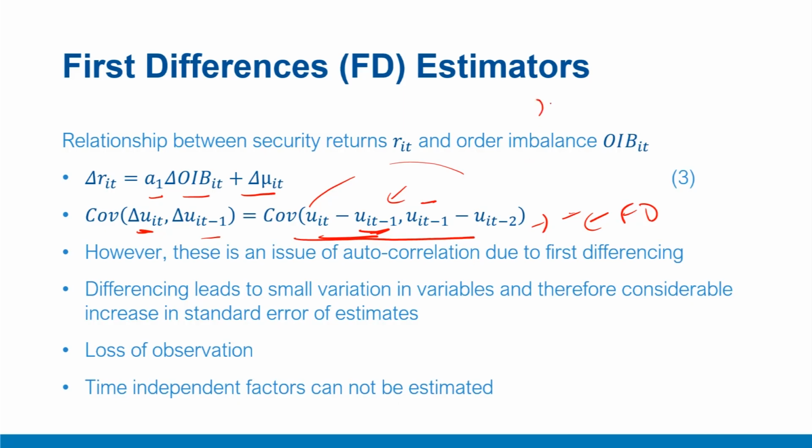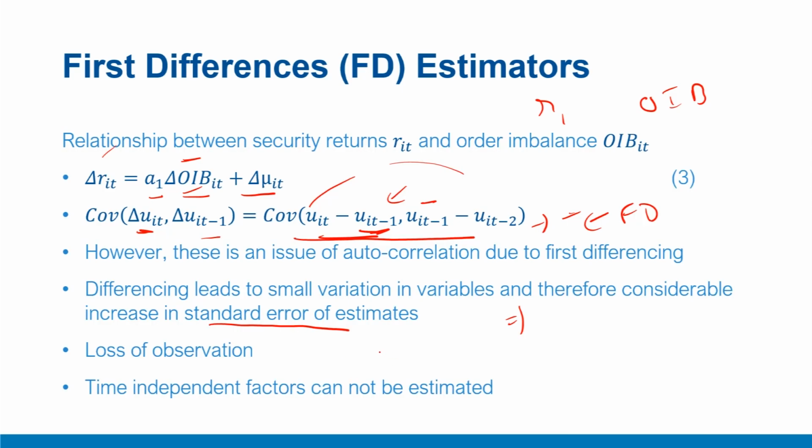Also, the original variables RIT and OIB were at levels. However, when we do this first differencing transformation, the changes in variables may be much smaller, and therefore the variation in delta RIT and delta OIB may be very small. So the relative values of the error and what we call the standard error of estimates become relatively larger compared to the variation in these terms, because now we are looking at these variables as changes, not as levels. The variation in the resulting variable may be very small compared to the variation in error, and therefore it affects the power of the test.